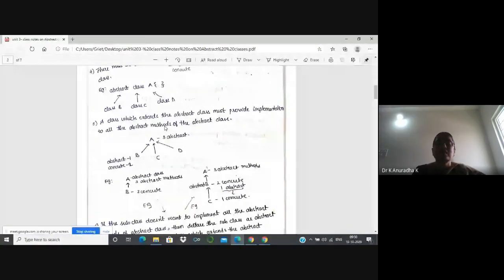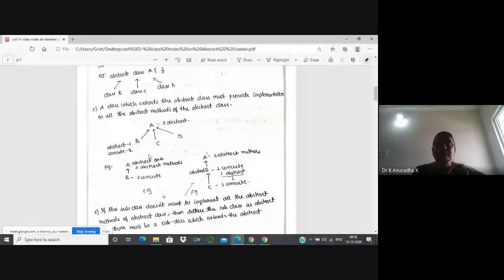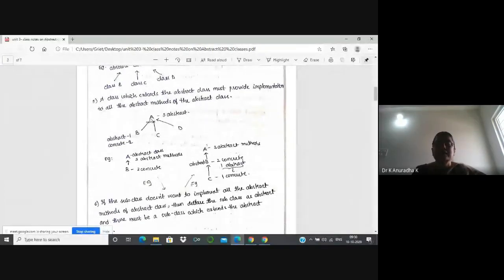Now here, in this example we have one abstract class A, and it consists of three abstract methods. B, C, D are the subclasses of this abstract class A. So inside B, we have to provide the implementation to all the three abstract methods of this abstract class.